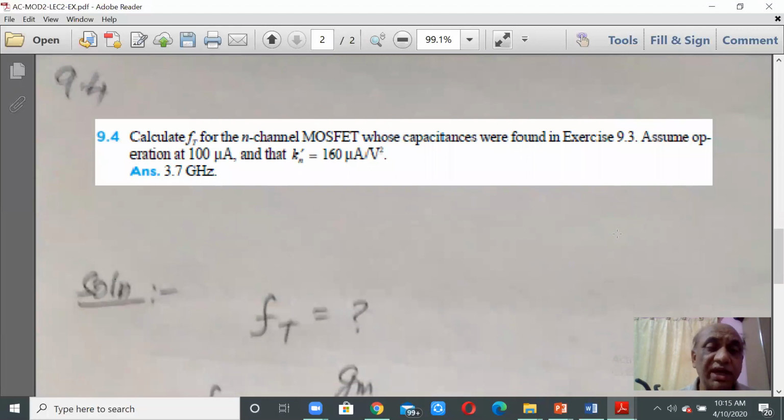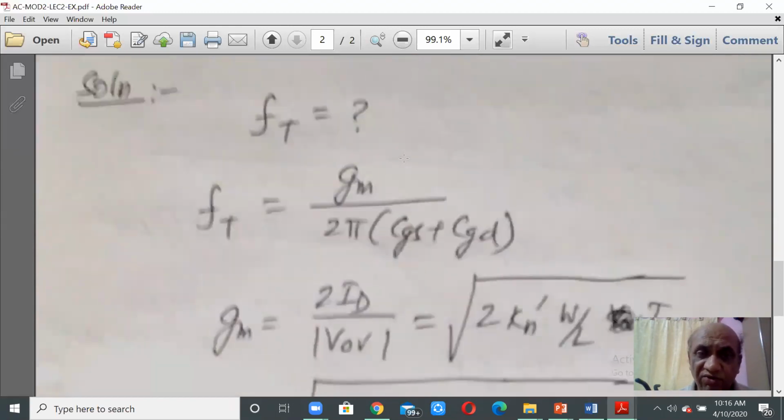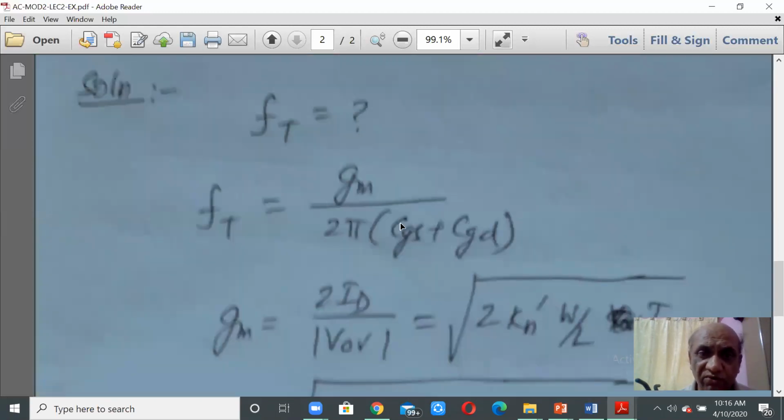The next problem is to calculate fT for the N-channel MOSFET whose capacitances were found in the earlier exercise. Assume operation at 100 microamperes. This is the ID value, with k n dash value 160 microamperes per volt square. So fT is what we need to find. The formula for fT is given here: gm by 2 pi times (Cgs plus